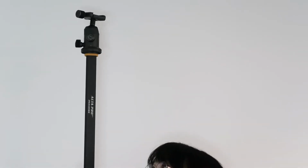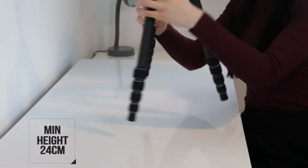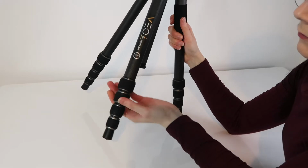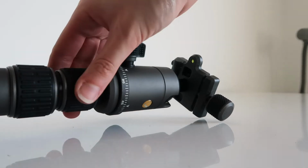The height of your tripod also goes in with the size, the maximum height from the ground, and again when collapsed. Unfortunately, with travel tripods, you do sacrifice a little bit of height for portability. We are all different heights, so your preferred extended height is going to be different from somebody else's, depending on whether you are a tree or pocket-sized yourself. This Vanguard 2 unfolds to a minimum height of 24 centimeters. Its 4 section legs then extend to offer 126 centimeters, and the 2 center columns then bring it to a total of